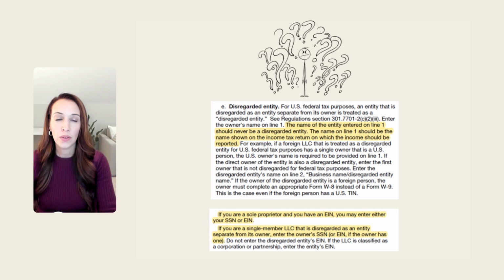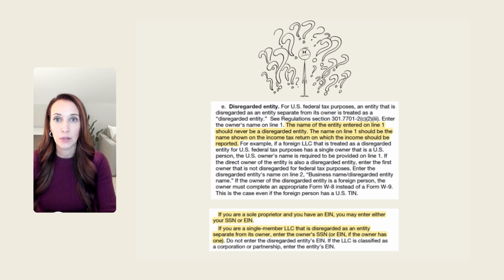The instructions for the W-9 seem to tell us that you cannot use a business name in line 1 or a disregarded entity name, as you can see on the instructions that I've highlighted here. But they also tell us that we can use an EIN and that that's acceptable, even though they do prefer a social security number. The problem is that if you submit your W-9 to the person who is issuing you a 1099 with your first and last name in box 1 and your EIN number, then they will get a rejection, or a letter from the IRS, that states that they do not have the correct name and